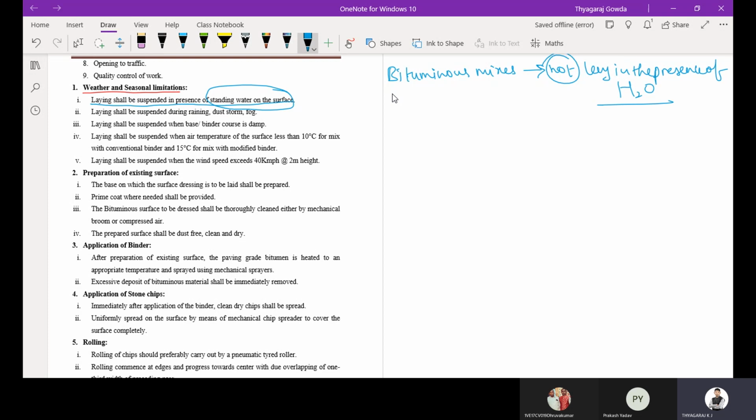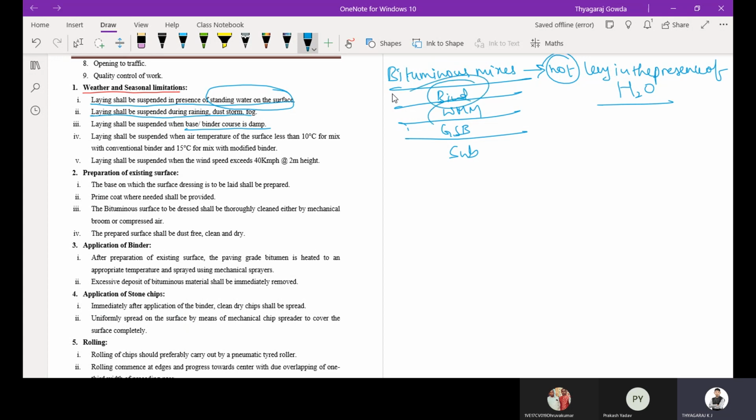Then when there is rain, dust storm or fog, the laying will also be suspended. That is, the construction process will stop when there is rain, dust storm or fog. And laying shall be suspended when the base or binder course is damp. As we all know, subgrade, GSB, WMM, then binder course.